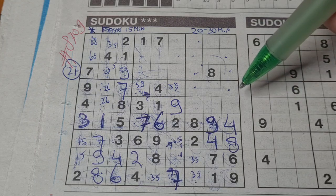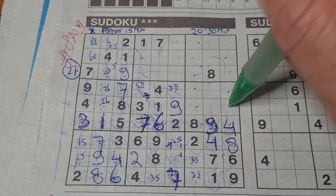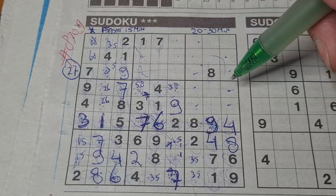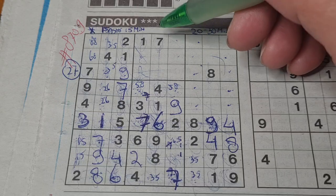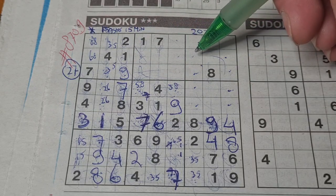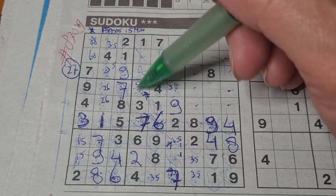Then. Need a 7 here. Need a 1 here. I'm thinking. Need a 1 here, yeah. Need a 7 there. 5, 8, and